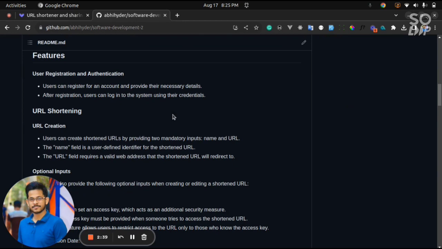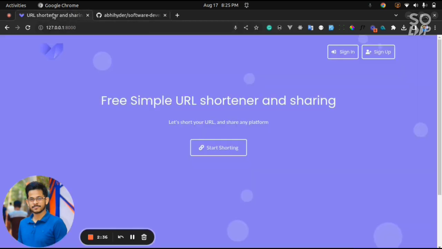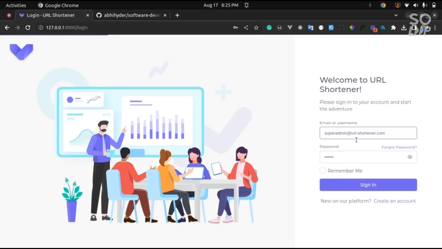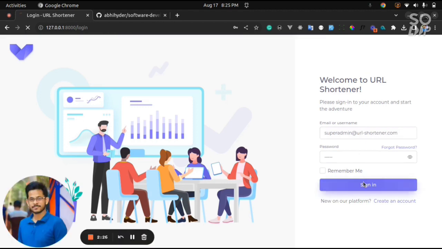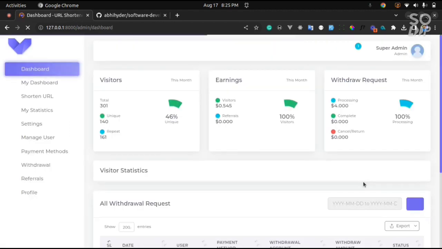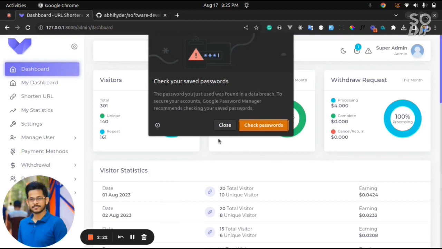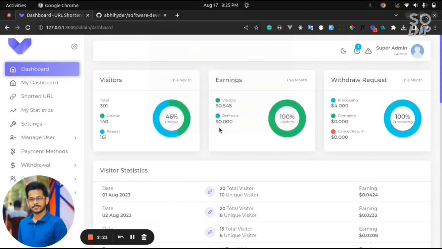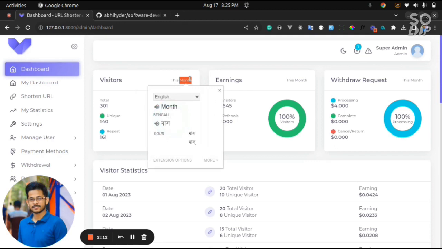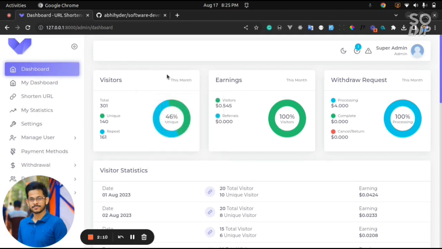So I'm going to show you the interface. So here is the landing page. So let's log in as an administrator, a system user. Here you can see a dashboard. There is some statistics data like total visitors for this month. You can see this month how many users visited